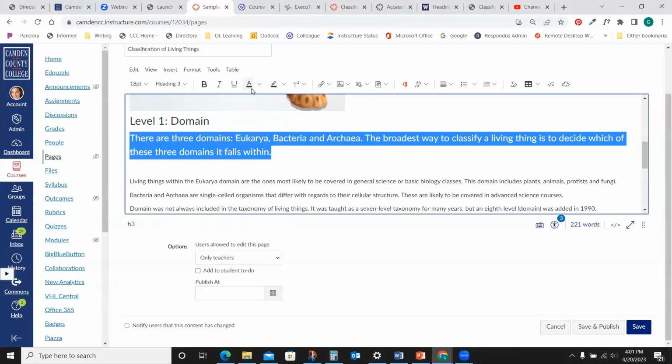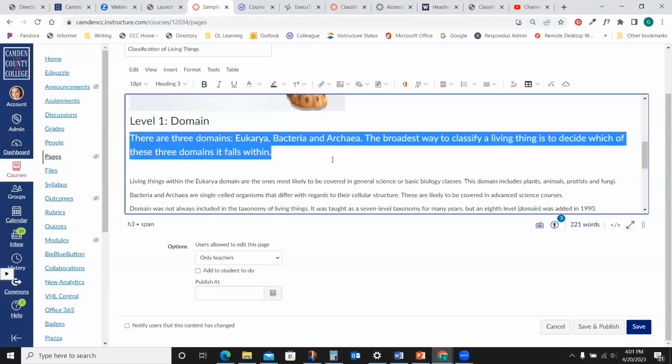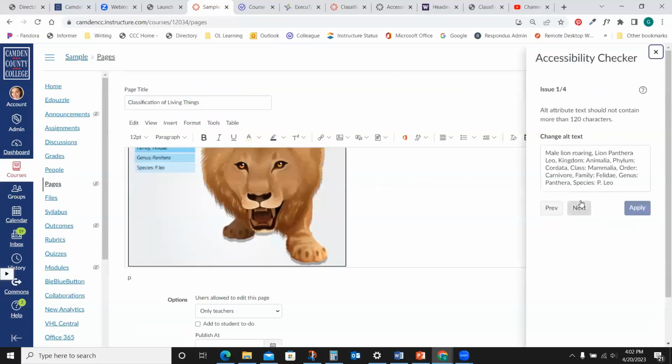This is the text color button, so I can click on the drop-down menu and I have different options. Let's click yellow, click light yellow here. Okay, very difficult to read. You'll notice over here, I have 4 items here. This is the accessibility checker. And it's letting me know it went from 3 to 4 as soon as I put that yellow text in there. So if I click on the accessibility checker,